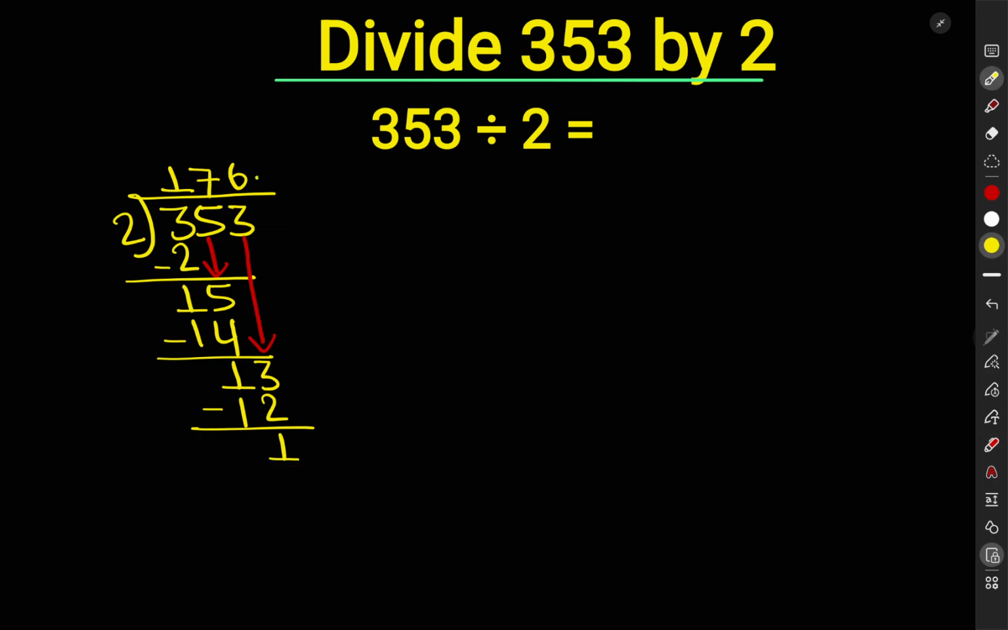So we put a decimal here so that we can take zero. So now it is 10, and 2 times 5 means 10. On subtracting we get